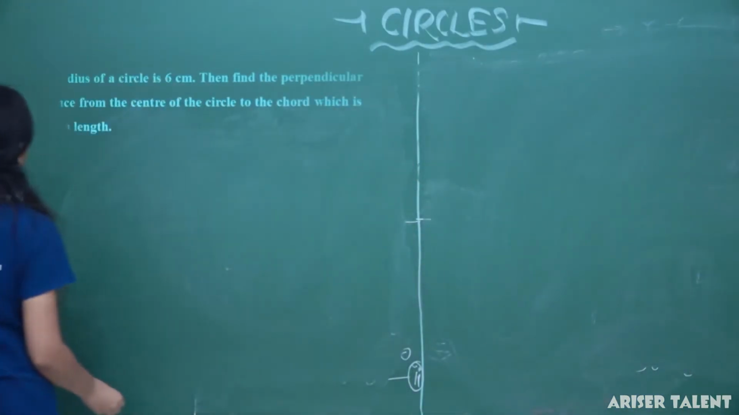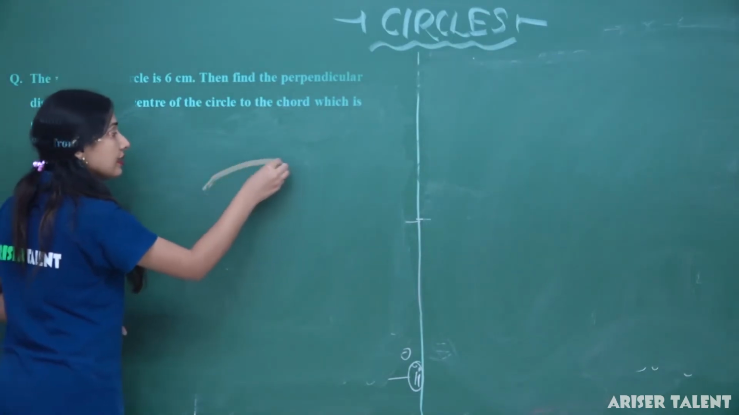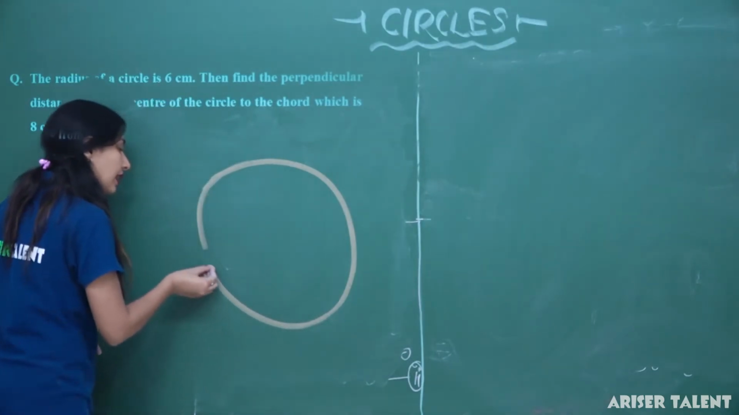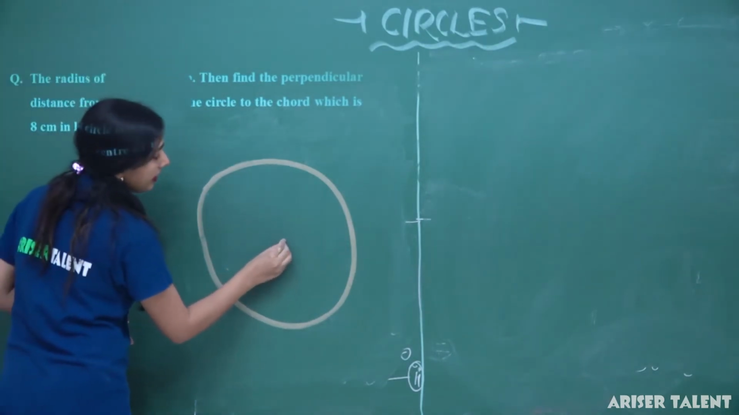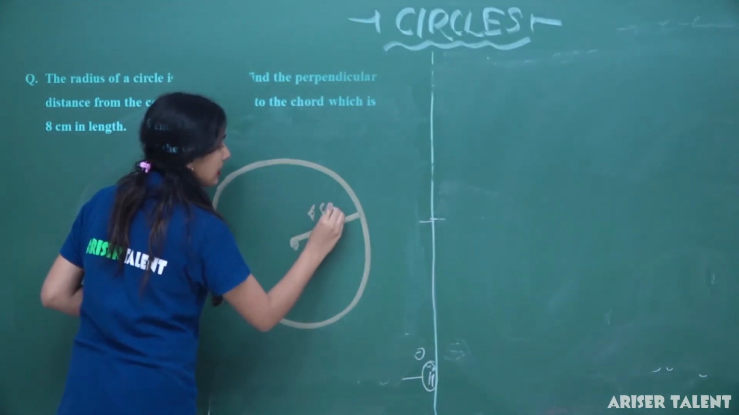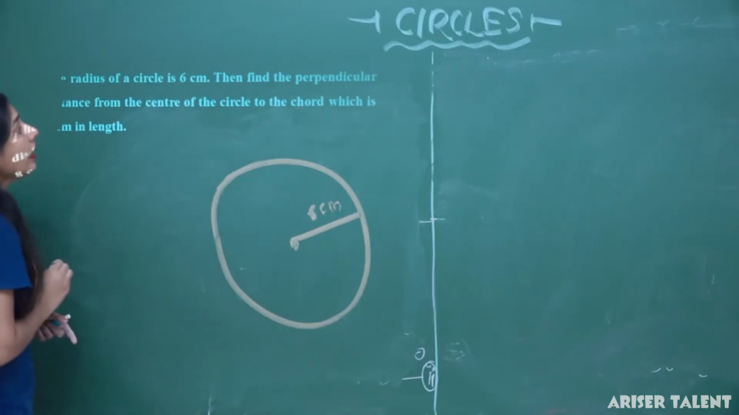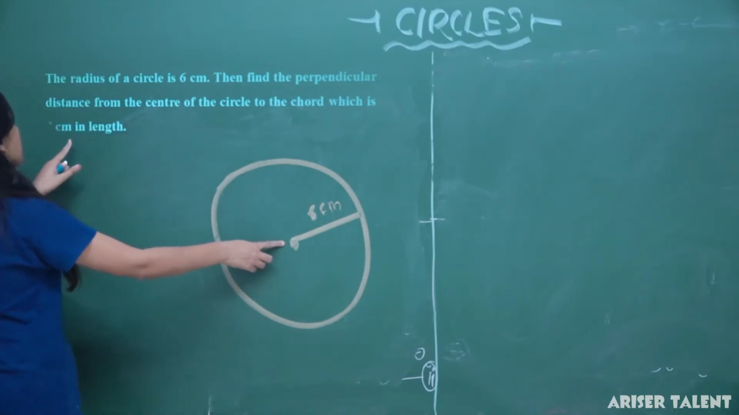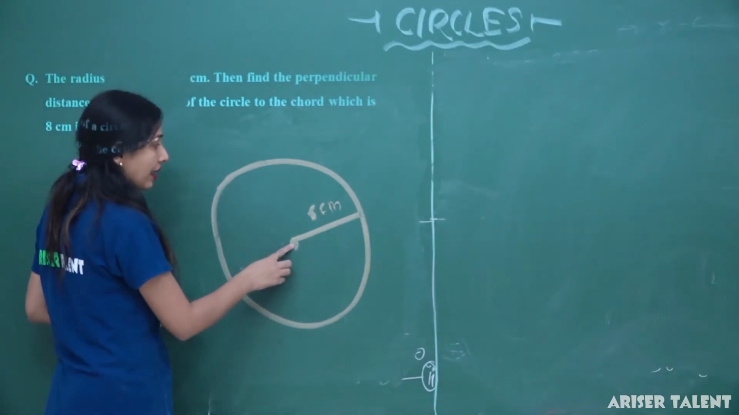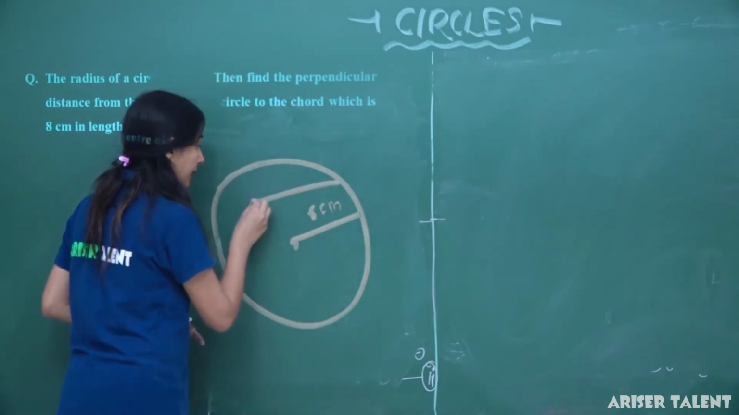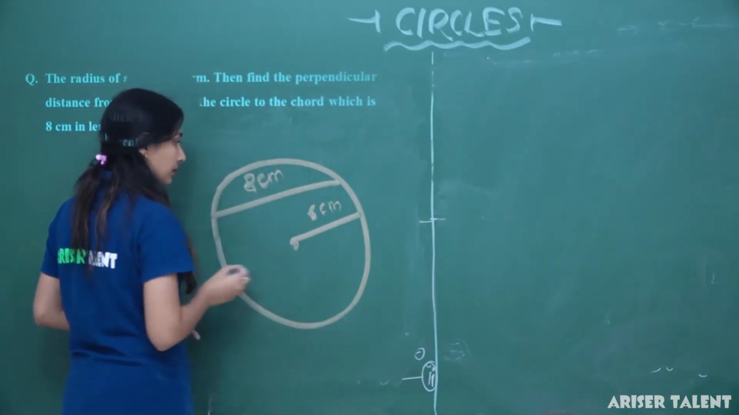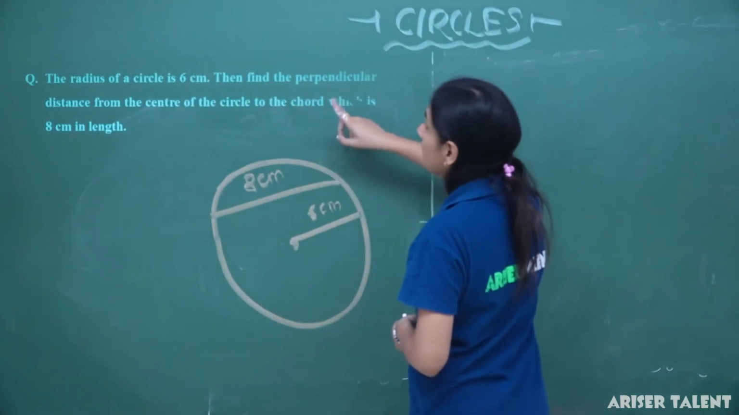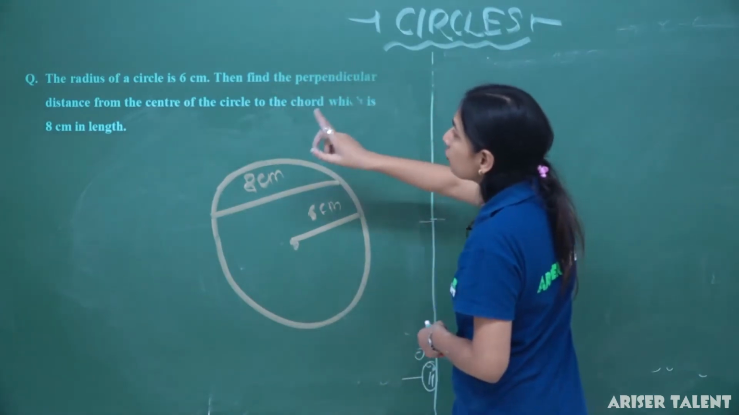Okay, so we will just make the diagram. The radius of a circle. So, the circle is this. For these two questions, you will write the language yourself. And the radius is what? 6 centimeters. Now, find the perpendicular distance from the center of the circle to the chord, which is 8 centimeters in length. So, I am having a chord of 8 centimeters, right,